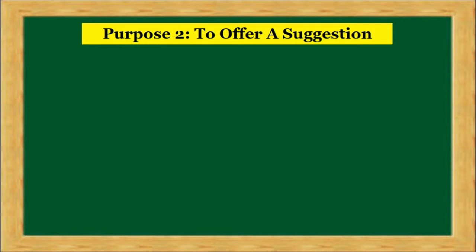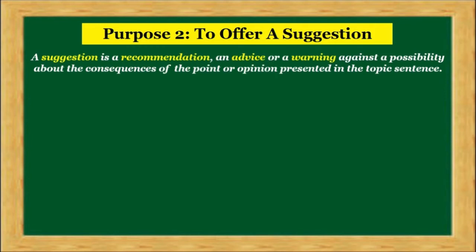Another purpose of a clinching sentence is to offer a suggestion. A suggestion is a recommendation, an advice, or a warning against a possibility about the consequences of the point or opinion presented in the topic sentence. For example,